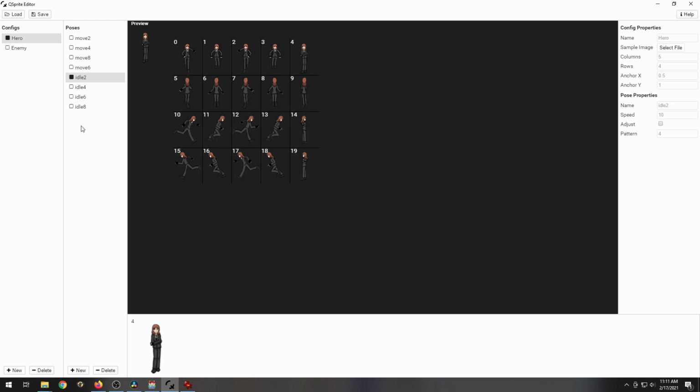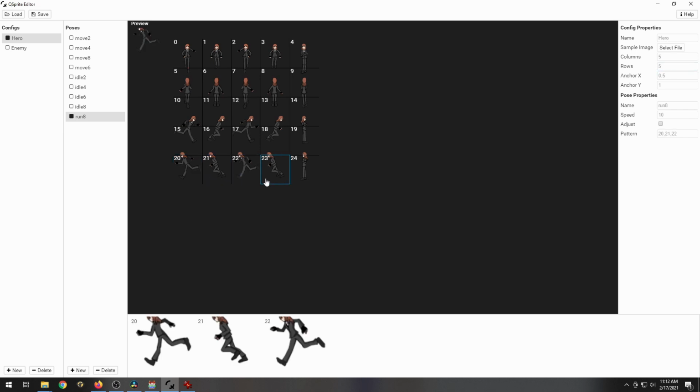What we would then do, I don't know if it's called run or not. It likely does matter exactly what this is named. But if we wanted to add running animations, we would add a new one like you saw there. And if we wanted them to run up, we'd call it run 8. And hypothetically, let's say we have 5 rows. So you can see this is all splitting incorrectly now. But now we also have row 20 with 21, 22, and then I would pick for run 8, if I did have indeed 5 rows, I would pick across like this,